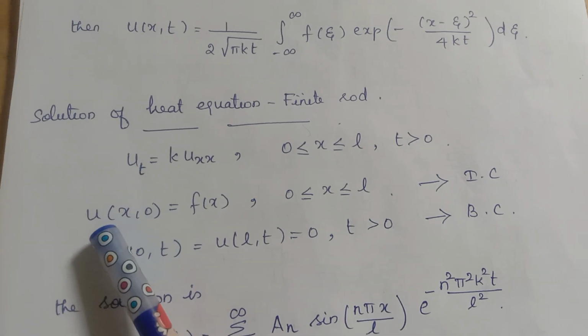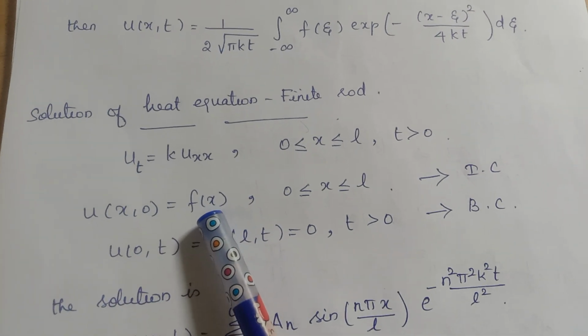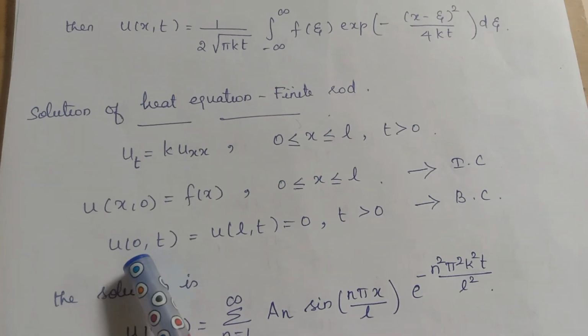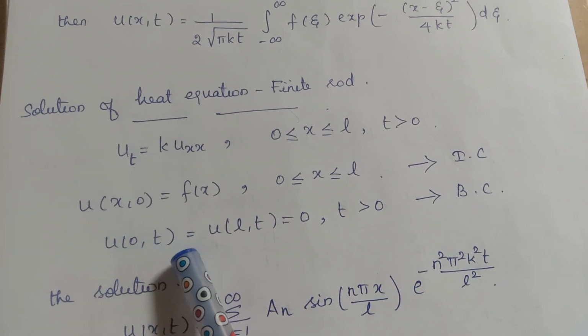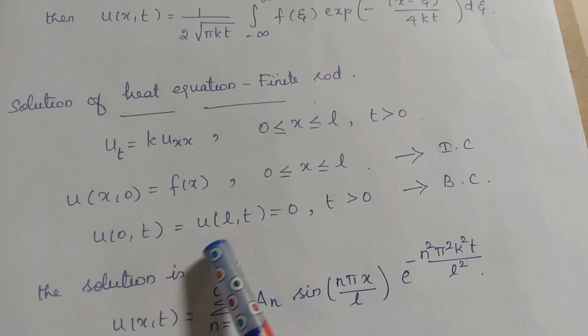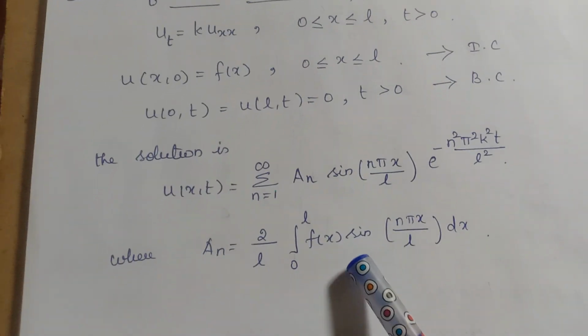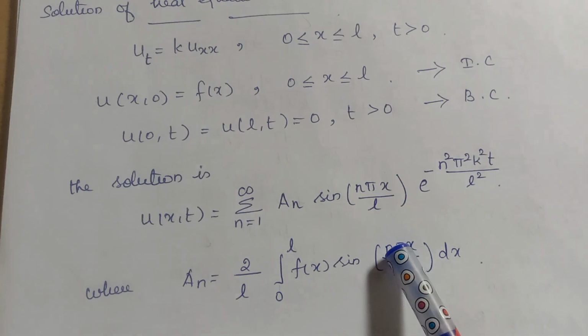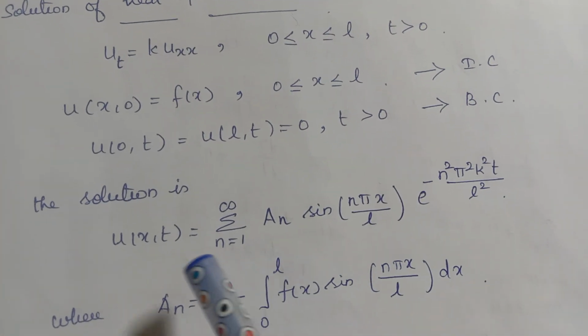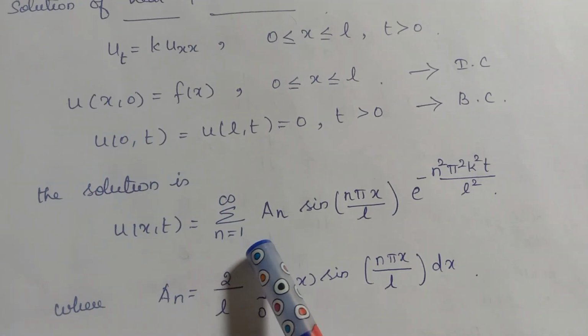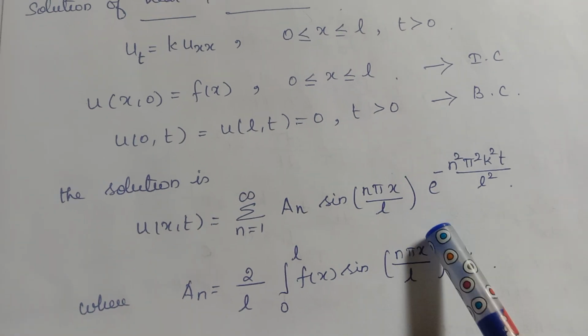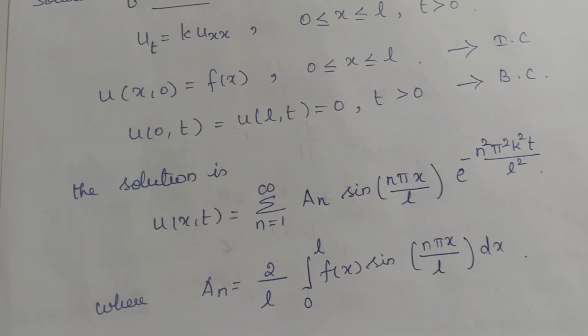So here the initial condition u of x comma 0 is equal to f of x, and the boundary condition, that is, on the ends of the rod the temperature is equal to 0. Okay, these are the boundary conditions. So here also you remember this solution, you may be asked what is the solution for this finite rod. In that case you can directly write it, but I am not going to do problems of this type. Okay, next one